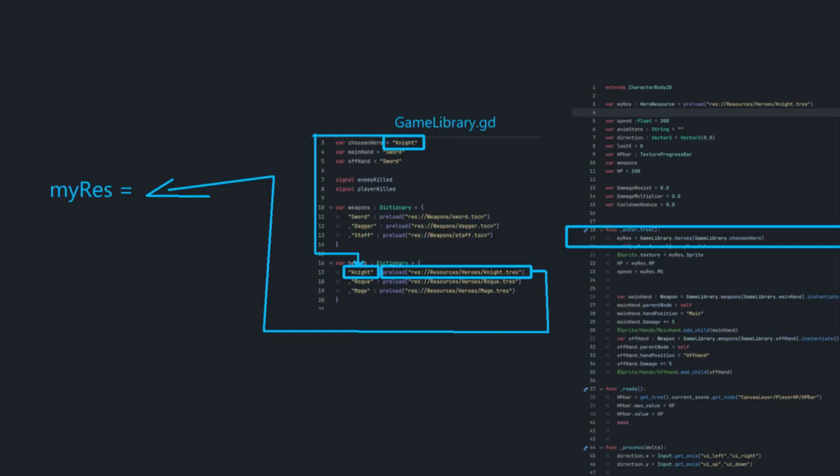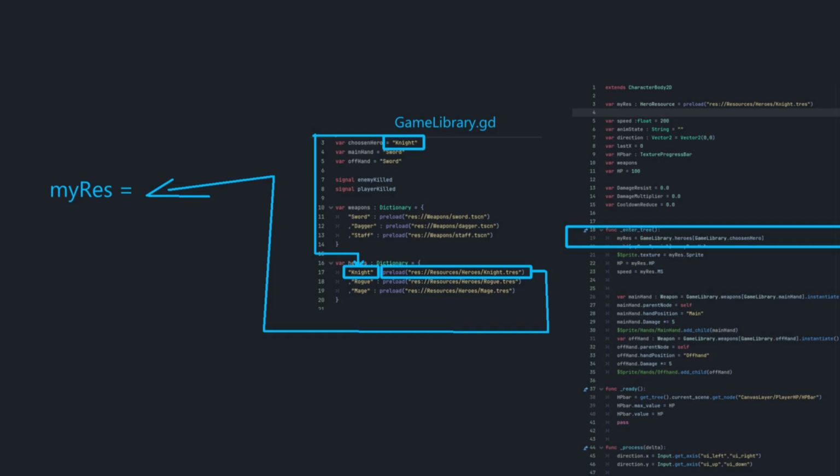And we have the enter tree function, which is going to be called when the player scene is created, not when ready. So we're gonna change our player resource according to the chosen hero from the game library.